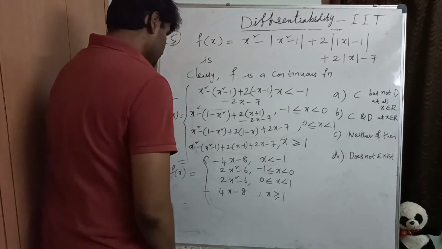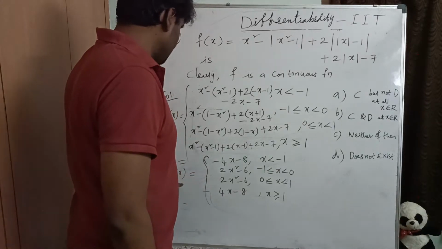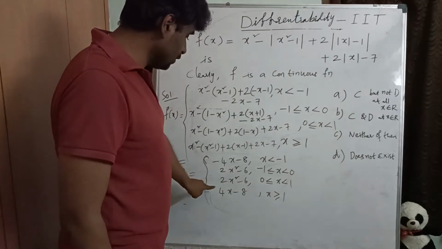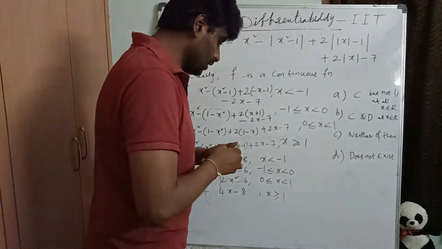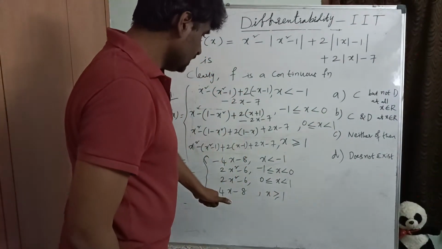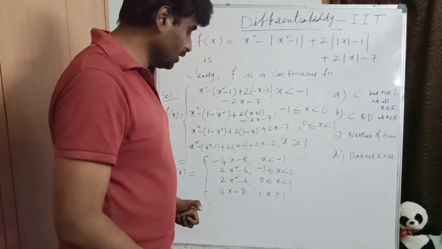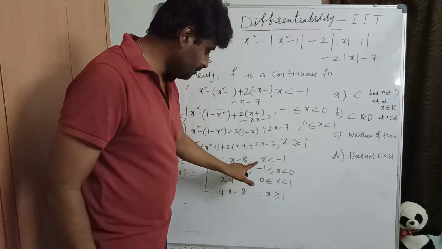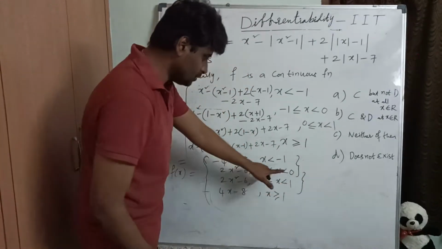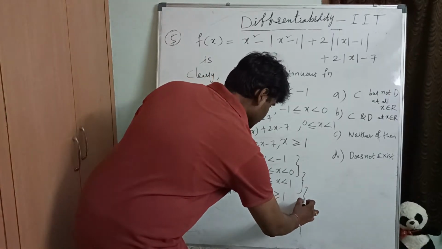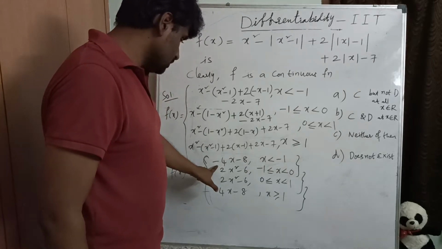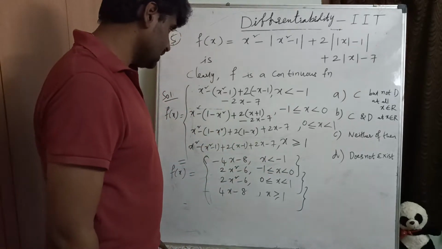Now we are going to find the derivative to check whether it is differentiable or not. Already it was continuous. So where can you check whether it is differentiable or not? At x equal to -1, by taking these two we can check. By taking these two also we can check at x equals 0. By taking these two also we can check at x equal to 1. It's very simple. At x equals to -1, if you check, what will you get?